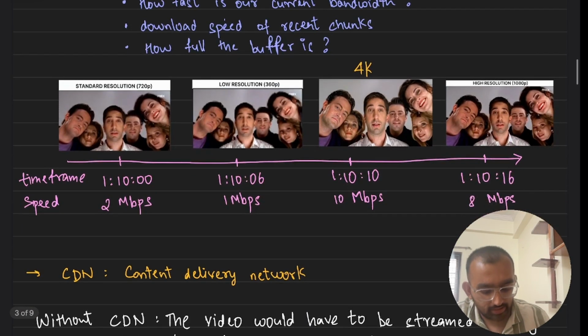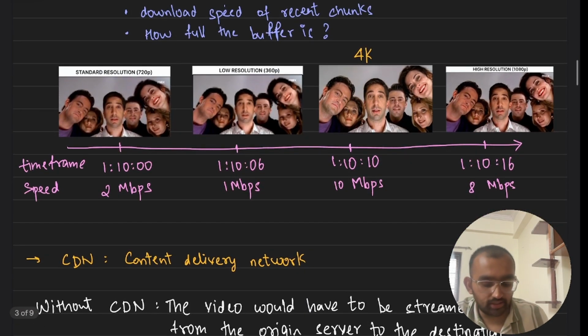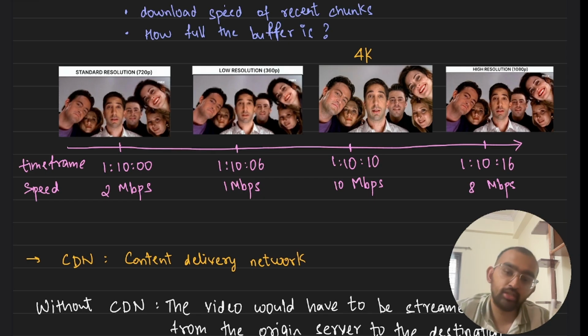So let's take this example. Say you're watching a series and you're currently at the time frame of 1 hour and 10 seconds and your current internet speed is around 2 Mbps. And as you're progressing through the series, your internet connectivity drops to say 1 Mbps. Then Netflix automatically monitors that your internet speed fell, so it delivers you the lowest resolution chunk, say 360p for